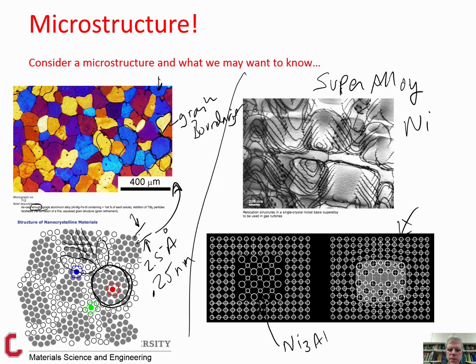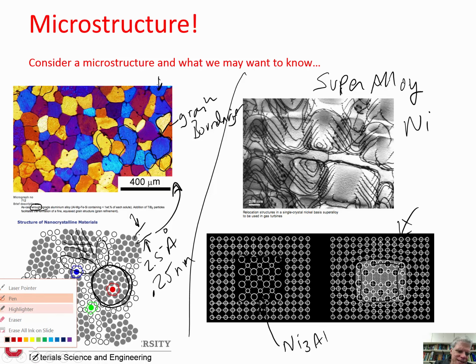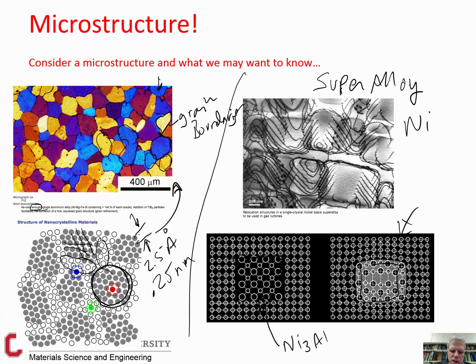Three nickels and an aluminum come together like that, and they form these little things we call precipitates. Those are seen there. And those two structures put together, if they're fine enough, make something that's really, really strong,